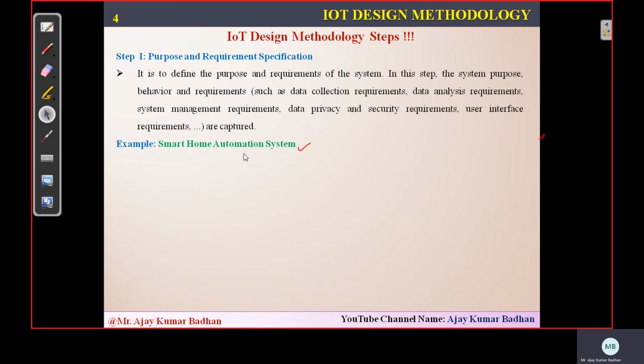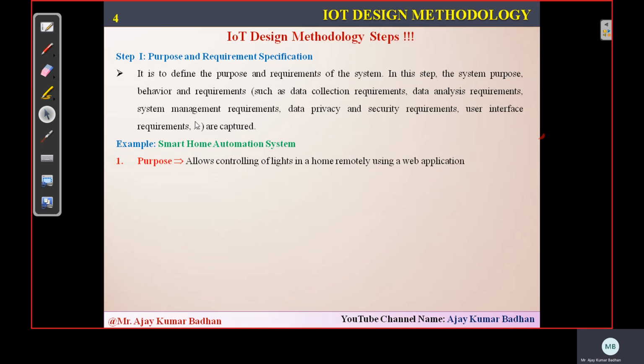Okay, so you will be giving instructions from here that the room temperature should be set, meaning the AC should be set at 25 degrees. Automatically the entire room will be cool. Automatically the warmness will move out and your entire room will become cool before you enter into it. That is what we call a home automation system.